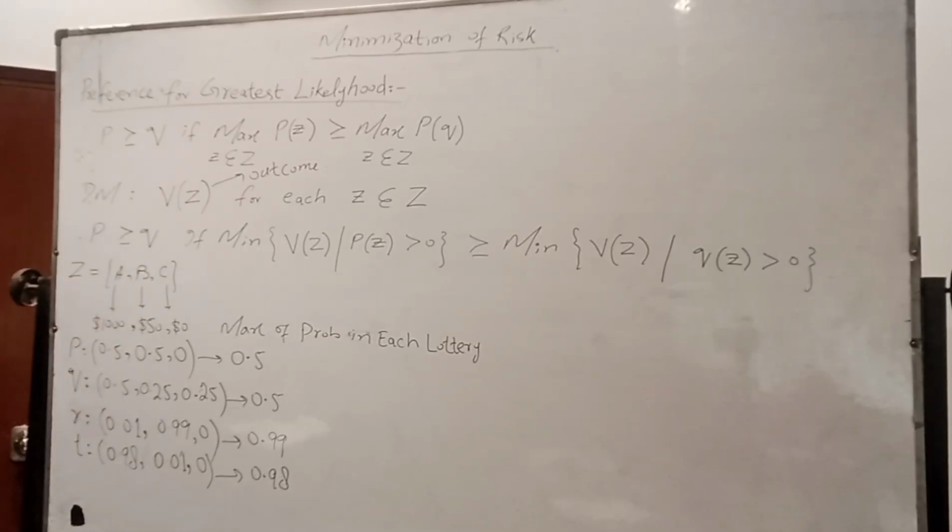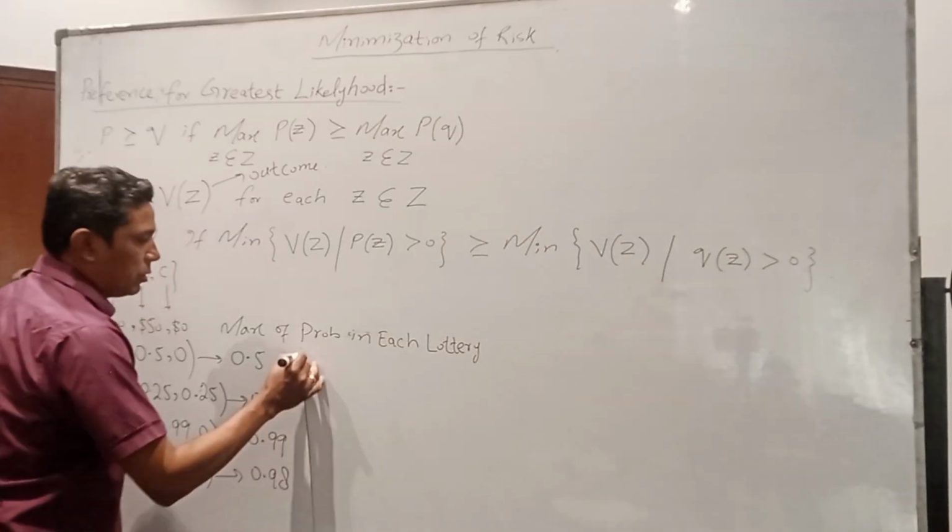Now first of all, compare these lotteries and rank these lotteries as well. So when we compare these lotteries, which lottery is better than the others? It means the lottery R is more preferred as compared to other lotteries. Clear? Because the max of lottery R is highest as compared to the other ones. The second rank is lottery T, and the decision maker is indifferent between P and Q. Am I right? Okay, so I can conclude here,